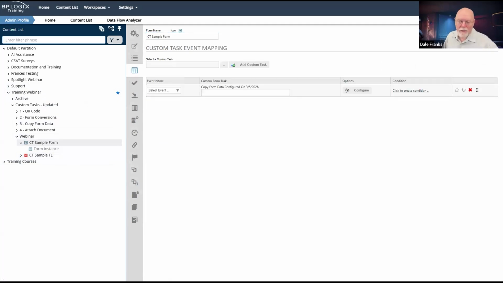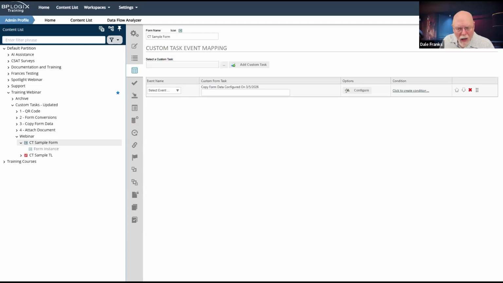There's a lot of times whenever you need to copy form data as part of a single process. For example, I have a secondary form, and I'm going to run that secondary form in some activities and the default form in others. And at some point, I'm going to need to have the data from my parent form copied down to my child form.